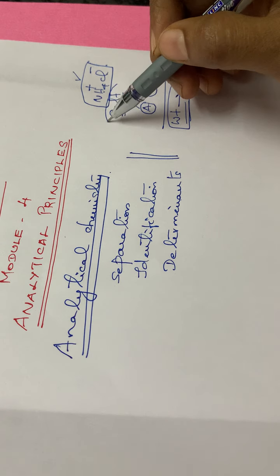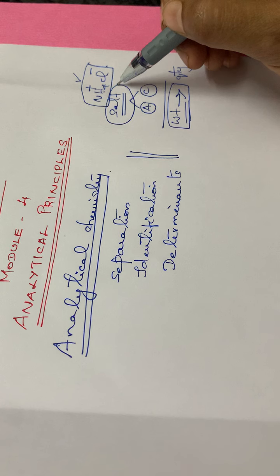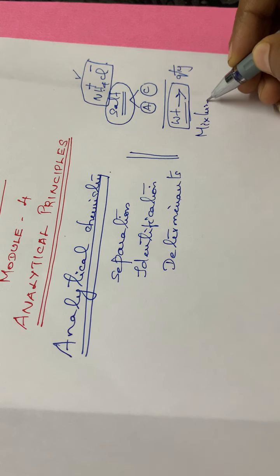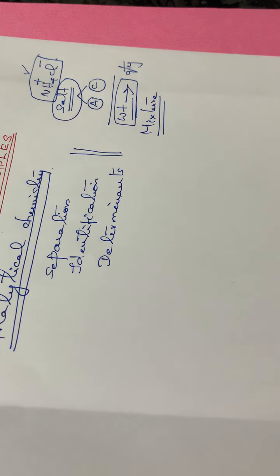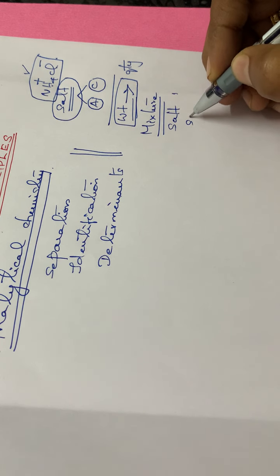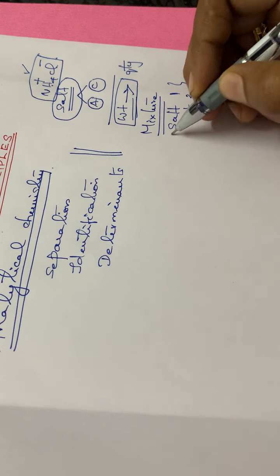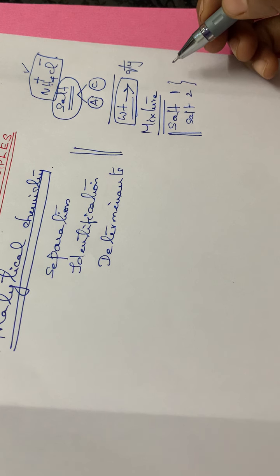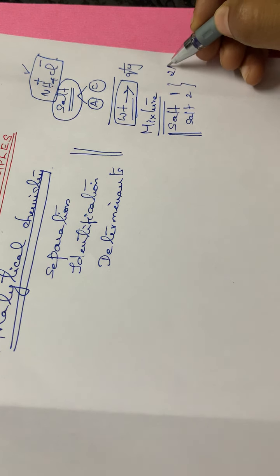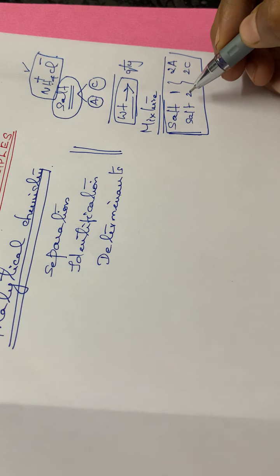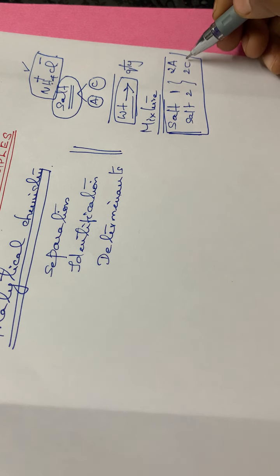Okay, so in your plus 2 classes you might have done the identification in salt. So in your degree classes you have to identify the anions and cations present in a mixture. See, in a mixture means you will be given a mixture, and in this mixture it will be having two salts, salt 1 and salt 2 mixed together. Okay, in this mixture two salts were mixed together, so how many anions and cations are there? There will be 2 anions and 2 cations, isn't it? So mixture means it is a combination of 2 salts, and you have to identify 2 anions and 2 cations.